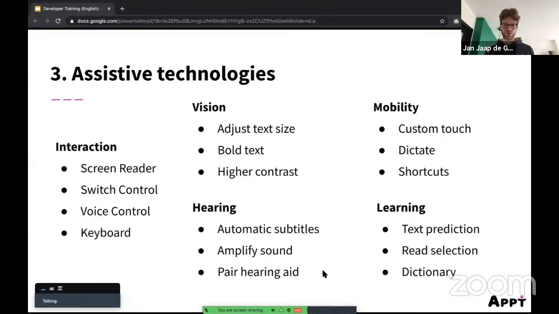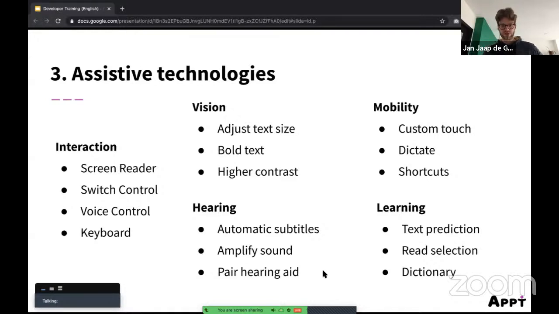Then you have voice control. I think maybe some developers have already used this before. You can control your smartphone by voice. And by this, I don't mean dictation like Siri or Google Assistant, but I really mean voice control is really different. It can, for example, say, hey, press the close button or tap on the second item. You can really give some commands to interact with apps. I'll also show a video of this later.